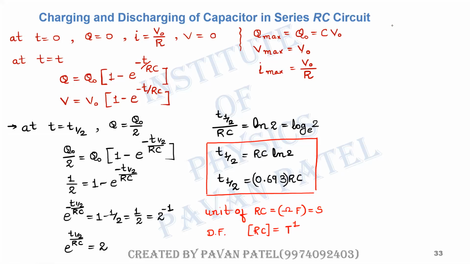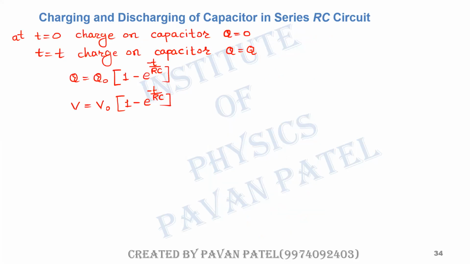Now the next important short technique is: remember all these formulas. At t equals 0, charge q is equal to 0, and at time t, charge q is equal to q0 (1 minus e raised to minus t by RC), and v is equal to v0 (1 minus e raised to minus t by RC). Using these two formulas,